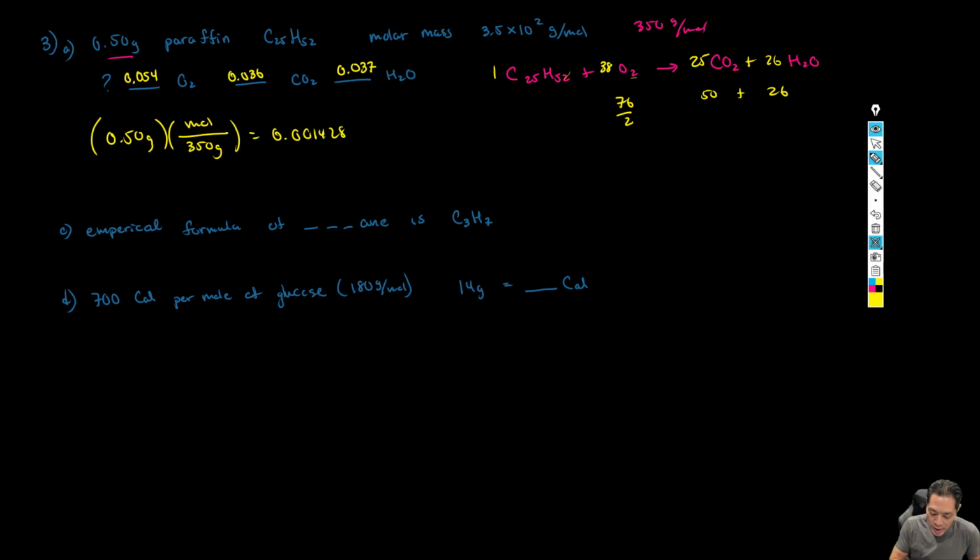For 3b, we have the question, the empirical formula of something is C3H7. So remember, empirical formula is just a reduced form of whatever it is. So if we look back here, the empirical formula of C25H52 is, actually that's it. You can't reduce that anymore, 5 can't go into it. But you could reduce some, so you could double it. So C6H14 is a possibility. We could triple it. So C9H, 9 times 7 is